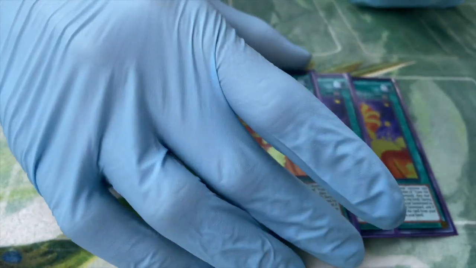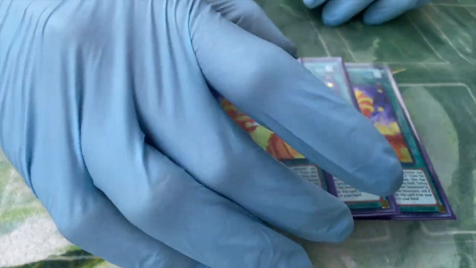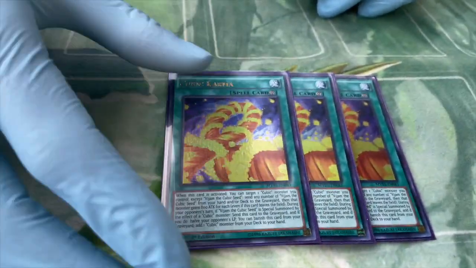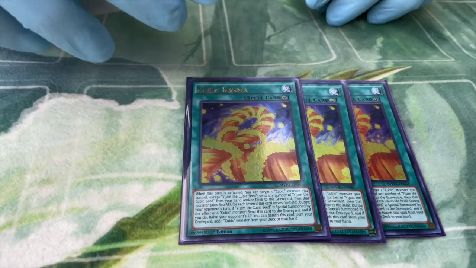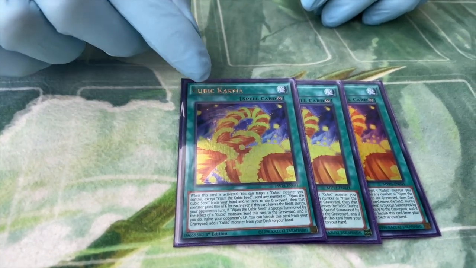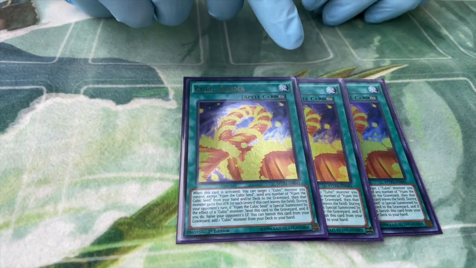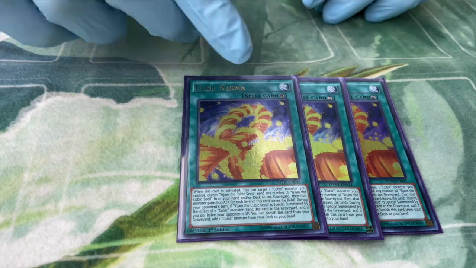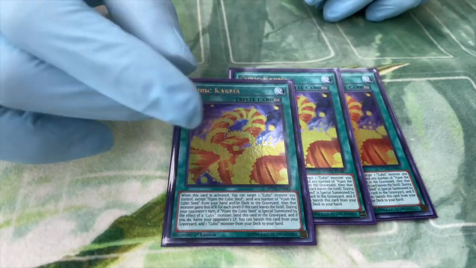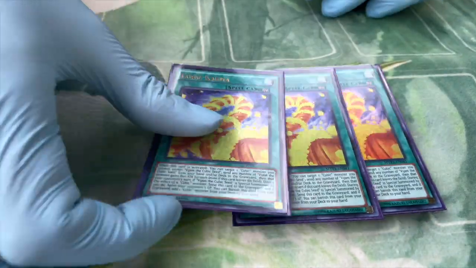Next, 3 Cubic Karmas. This is probably the spine of the deck. So I'll just get into it one at a time. When it's activated from the hand, you send up to 3 V-Jumps, the Cubic Seed, from your deck to your graveyard, and target a Cubic monster on your side of the field, and that monster gains 800 attack for each Cubic Seed sent. And if V-Jump is special summoned during your opponent's turn, you send this to the graveyard and